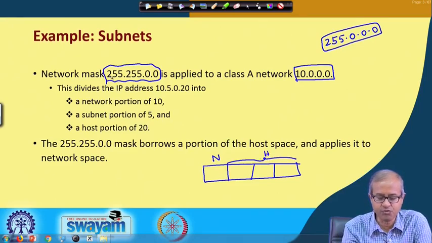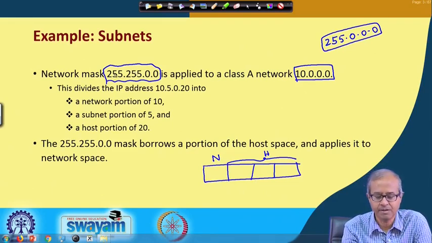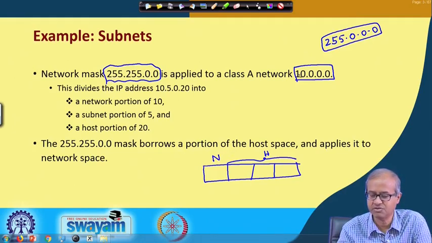Now, when I say 255.255.0.0, essentially I am saying my first 16 bits are my network, 255.255. But already the first 255 is network because it starts with 10. So, the next 255 also I am borrowing, this will be my subnetwork. So, as if this will be my network, subnetwork, host, host.